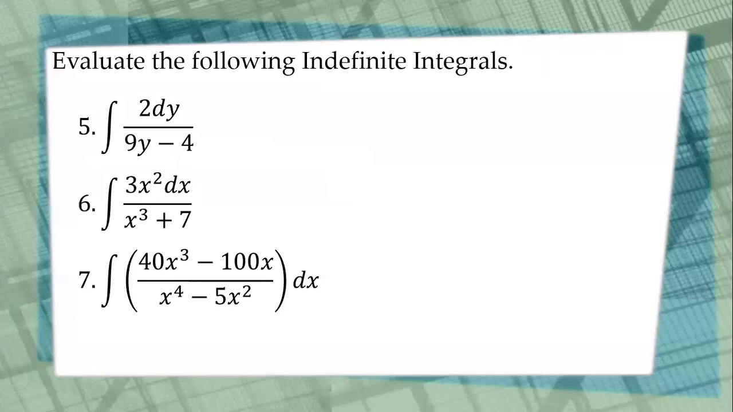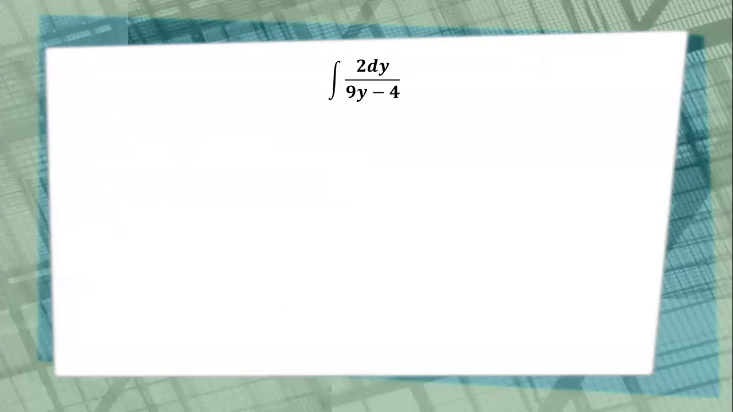Okay, let's answer. Let's have the first item. Let's have item number 5. This time, our variable of integration is with respect to y. So what if we have the integral of 2 dy over 9y minus 4? So again, our u function is 9y minus 4. Then our du is 9 dy. But we have to think of an integrating factor that when we multiply it, it becomes a 2 dy. So the answer is